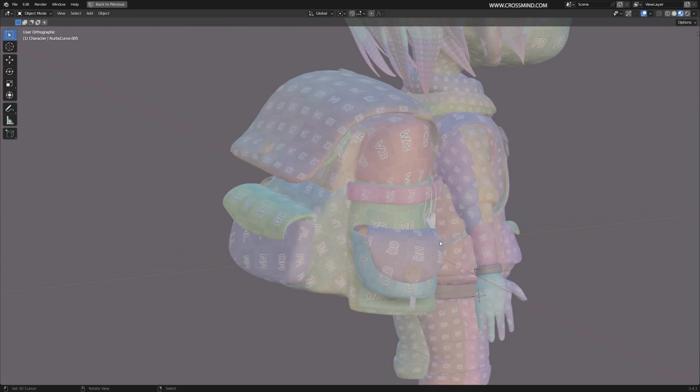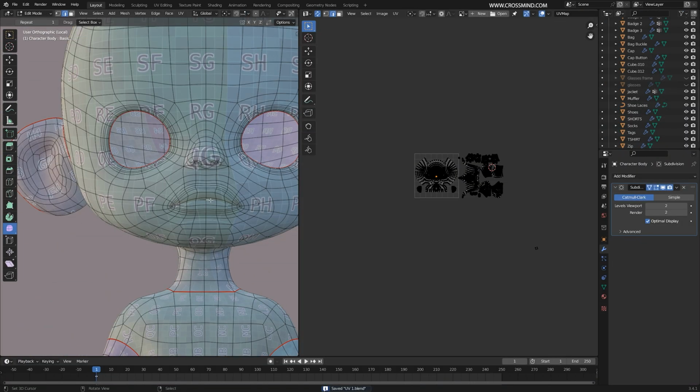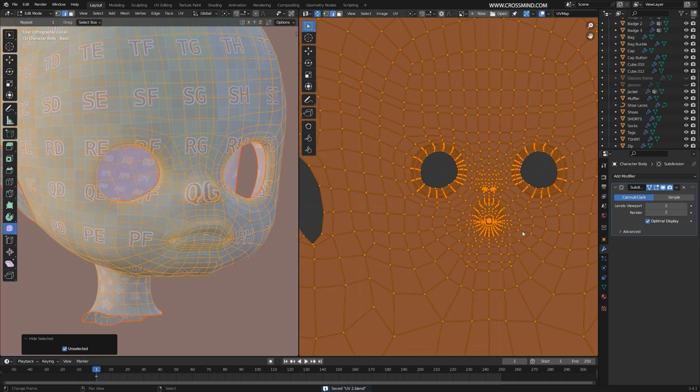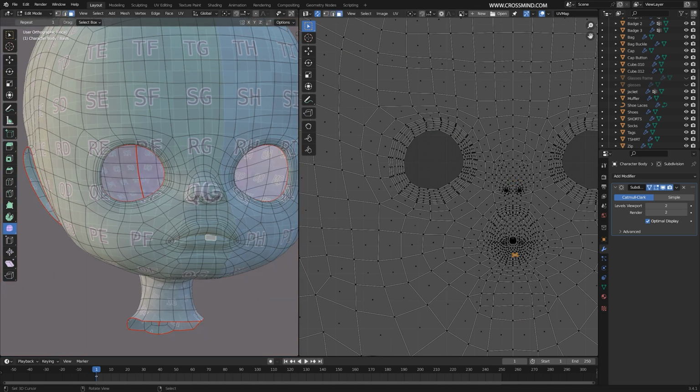So let's see if there's anything else. I'm just thinking about the face of the character. I'm just thinking if we can improve some of these parts. Should we or should we not?